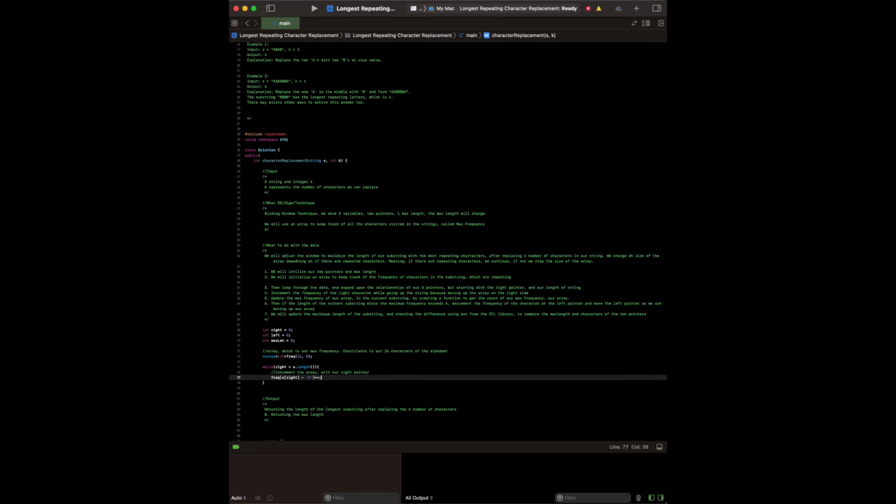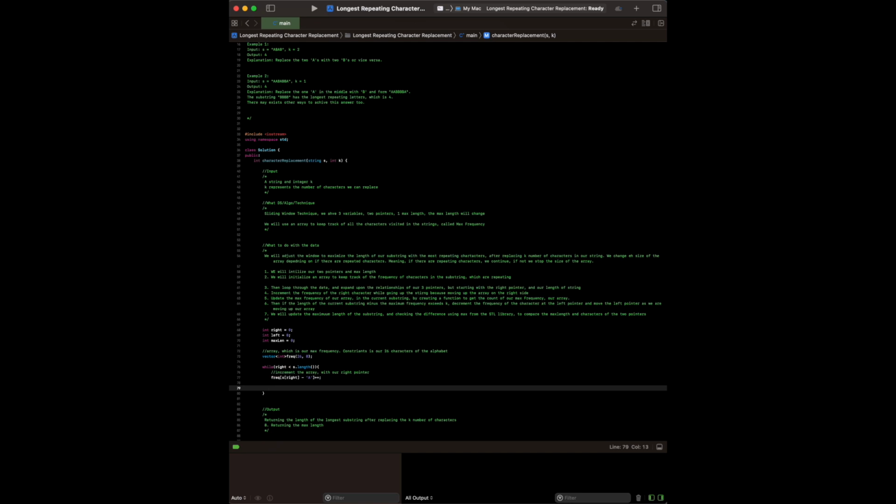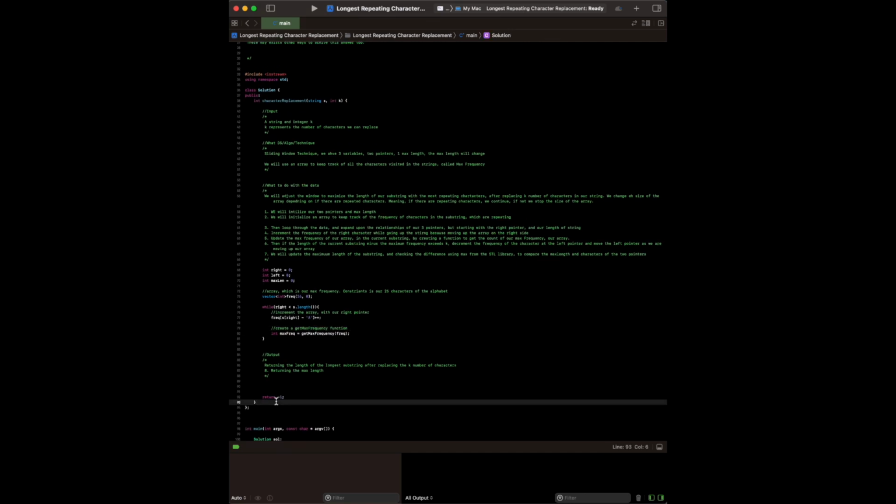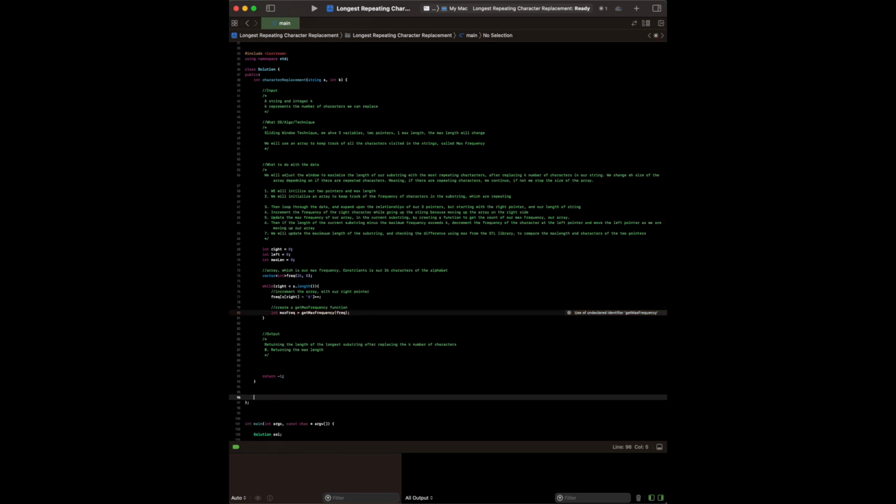Yep, that's right. And then we're going to update our max frequency with our array. Get max frequency. We're going to create a function for this. What we're doing is creating a sub-function over here. Vector, int